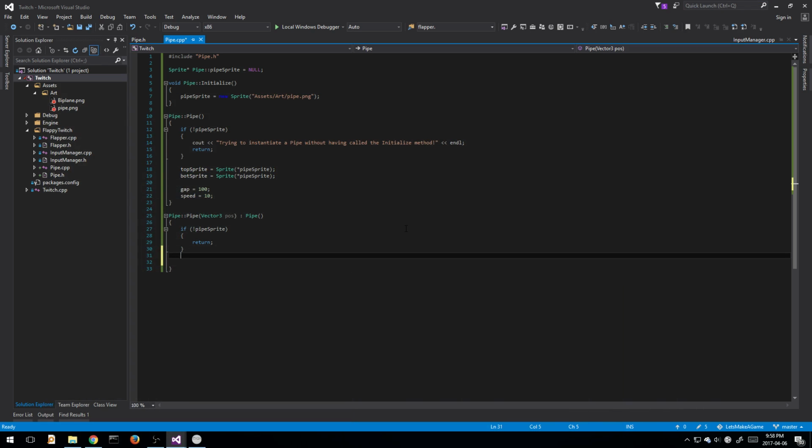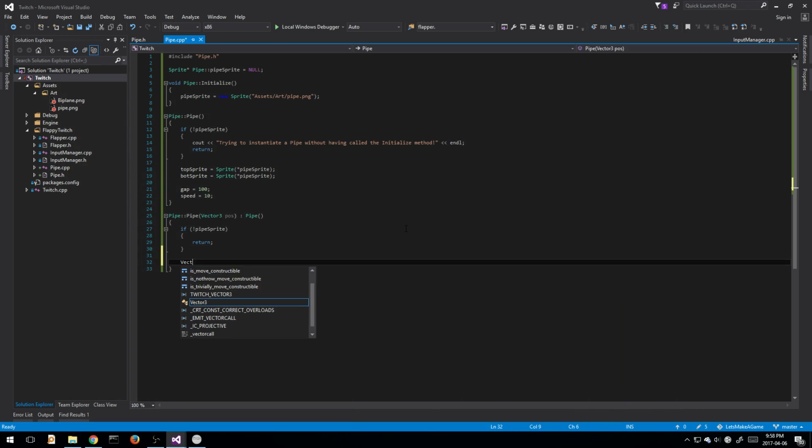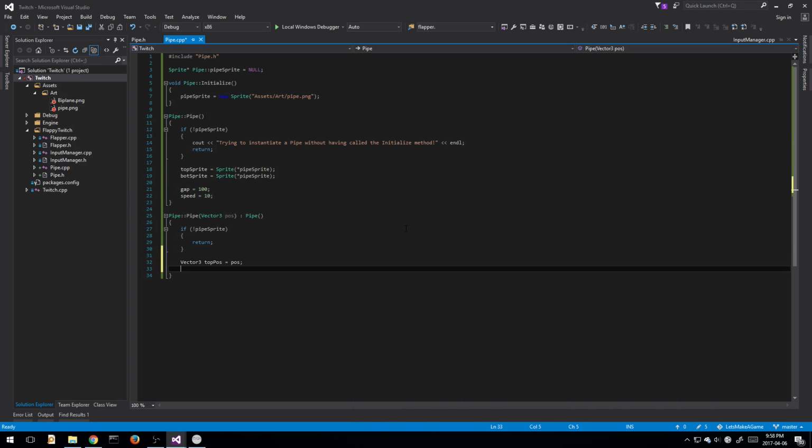So the first thing I want to do is have a top pos equal to pos, and then top pos dot y. I'm going up, so plus equals gap divided by 2, and then I can say top sprite dot set pos or move to. There we go. I want to move it to top pos,